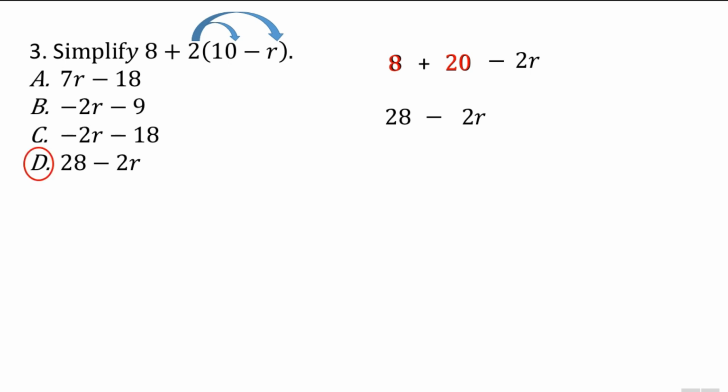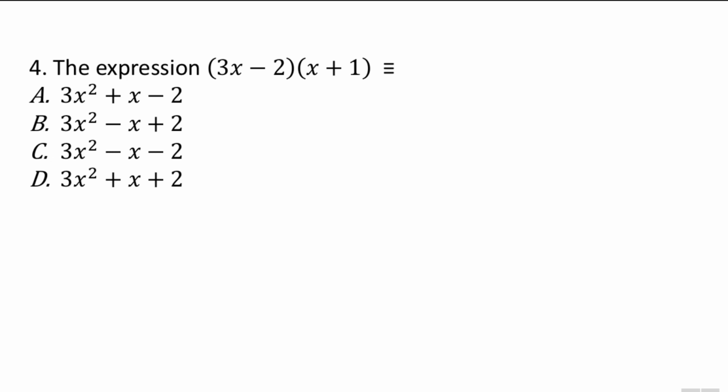I hope you got this one. Let's have a look at question 4, guys. Pause the video, have a go at the question, and when you finish, play the video to check your answer. The expression 3x minus 2 in our first bracket, and then we have x plus 1 in our second bracket, is equivalent to